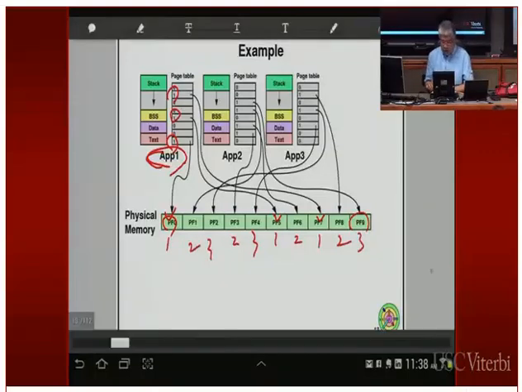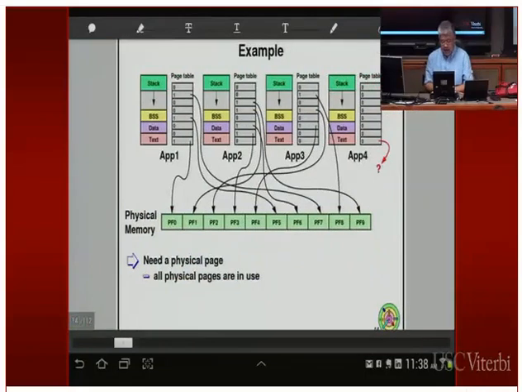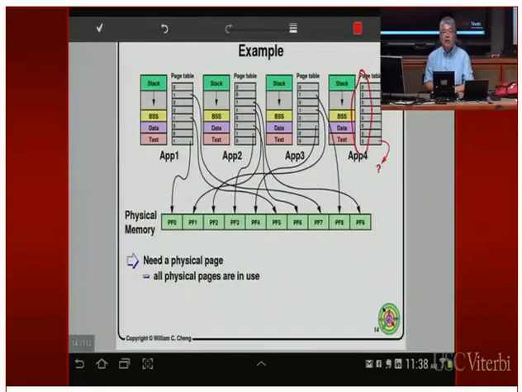Now if you come with the fourth user process, in the beginning everything is 0, right? Now if you try to execute this user process, by the way, where did the fourth user process come from? It comes from a fork. When you first fork from one of the applications, how do you construct that page table? If this is the parent process that forked off application number 4, you do a mem copy. You take this entire page table, just copy it over here, and then you can share all the pages.